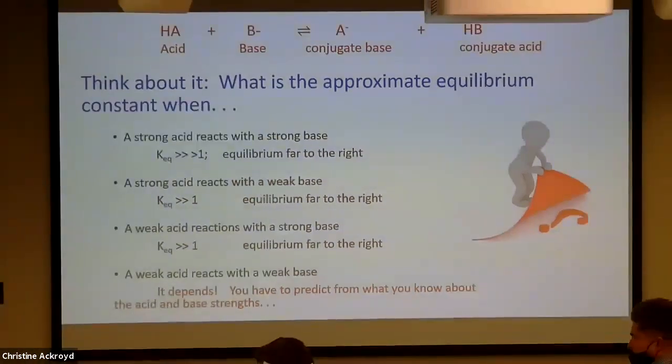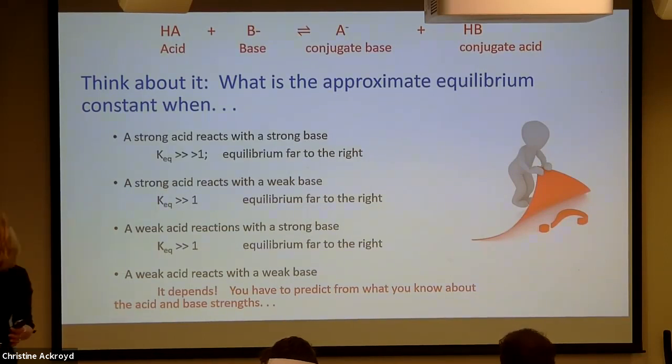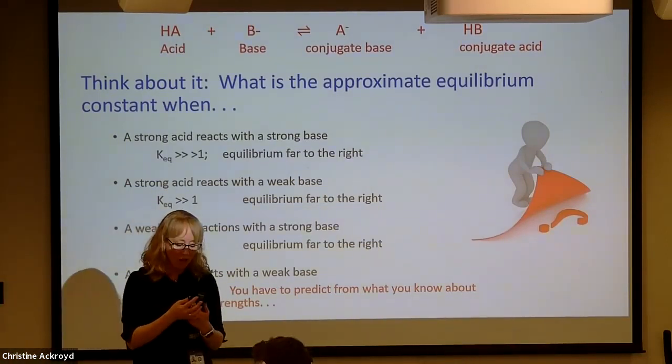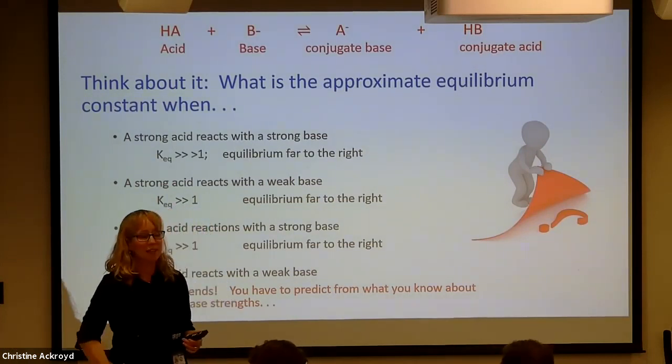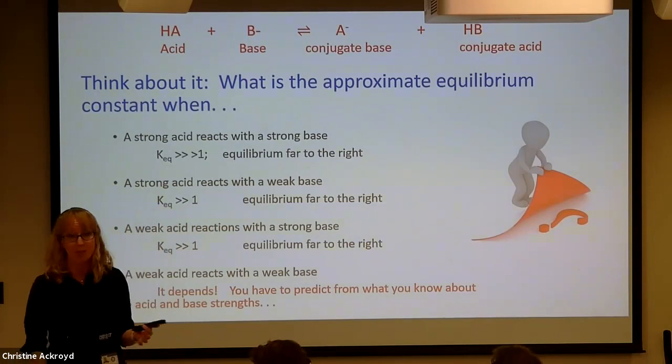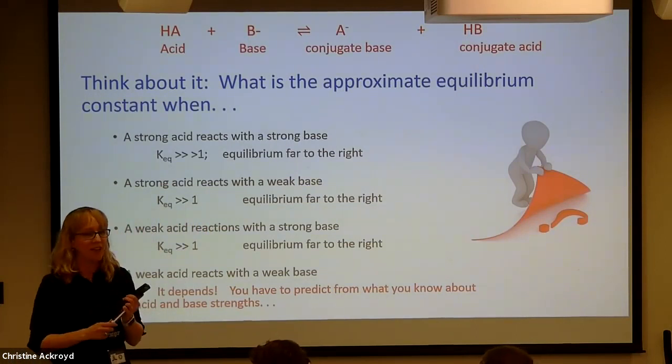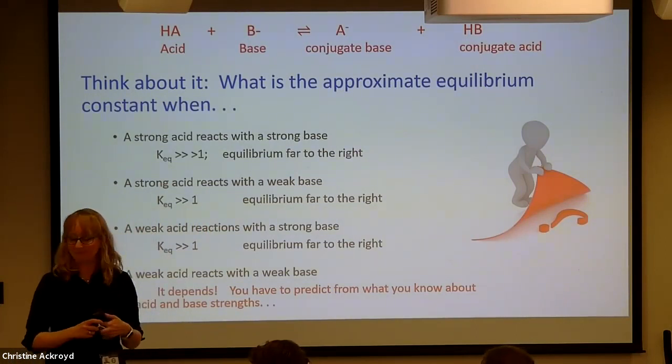It's complicated. Okay, so the question was, can we explain why all of them in that diagram are weak? Why is the conjugate base of a weak acid a weak base? And why is the conjugate acid of a weak acid a weak base? If I actually said all those words right.